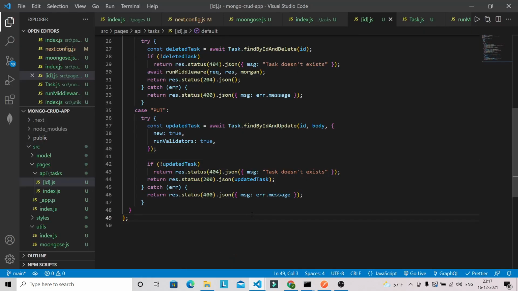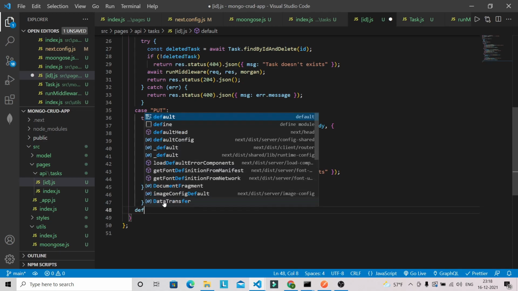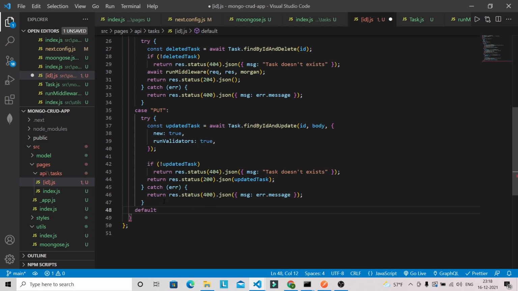We have to add one more thing here. By default we have forgotten to add a default case, and inside this we can give a method like status 400 json, like this method is not supported.